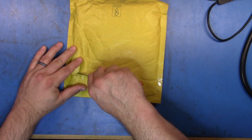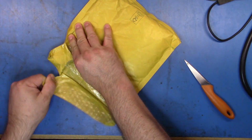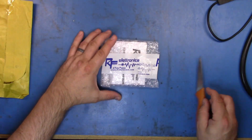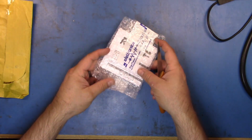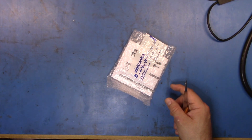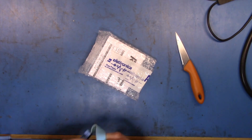Well, good afternoon. Finally got the part for the E4406A delivered from Italy. So let's open it up. Let's take a look. Here you can see it came from RF Microwave out of Italy. I don't remember exactly where in Italy they were located. Senago, Italy. Anyway, we've got the component now, so let's